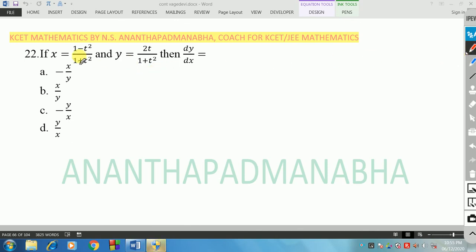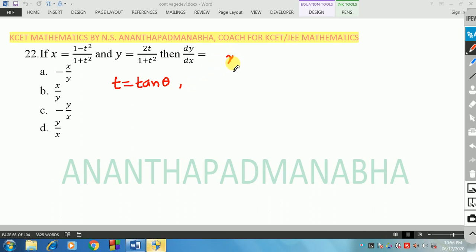Now x is equal to (1 minus t square) by (1 plus t square) is given. We'll go by substitution here, though it is a parametric differentiation. We can find dx by dt and dy by dt, and then we can find dy by dx. But as we need to apply the quotient rule in both cases, let us proceed by substitution of an inverse trigonometric function. Let us put t is equal to tan theta in both the terms. So we get x is equal to cos 2 theta and y is equal to sin 2 theta.